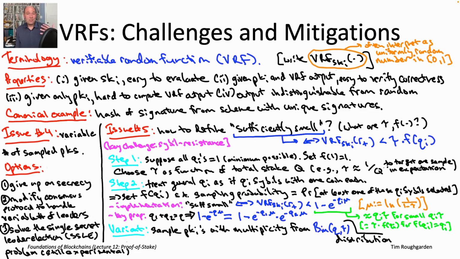So Sybil resistance, I hope, is kind of obvious, like without any formulas, just from this conceptual discussion. Right? It doesn't matter whether you stake 12 coins in one public key or whether you use 2 public keys to stake 7 and 5. Either way, that's all going to translate to 12 independent random coin flips on your behalf, and you will just be credited with the total number of those coins that come up with heads. It doesn't matter if all 12 coins are flipped in a batch, or if 7 are flipped in one batch, 5 in a different batch, and the results added. Either way, it's going to be exactly the same thing.